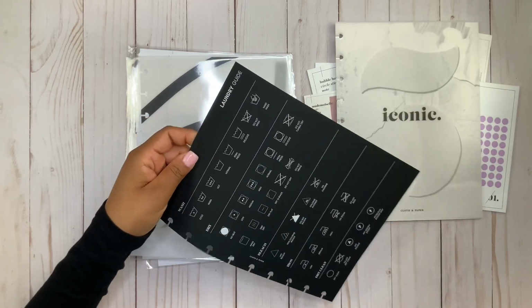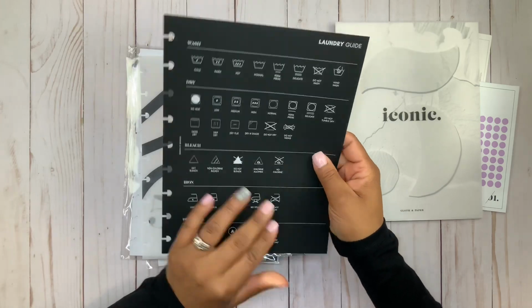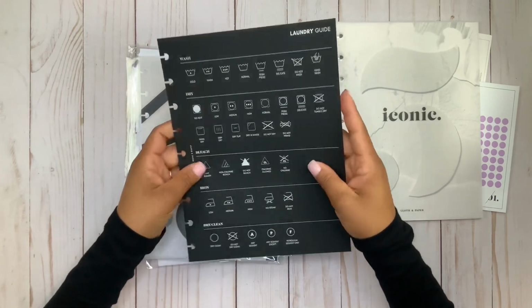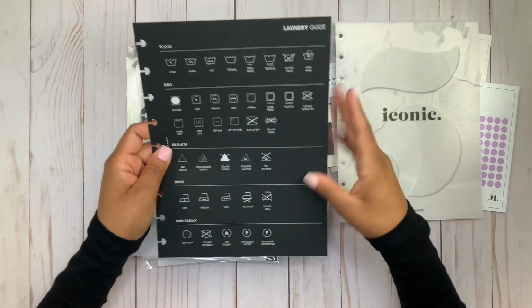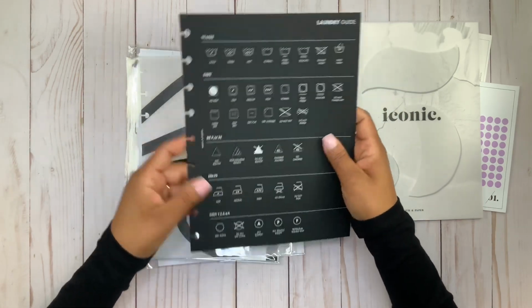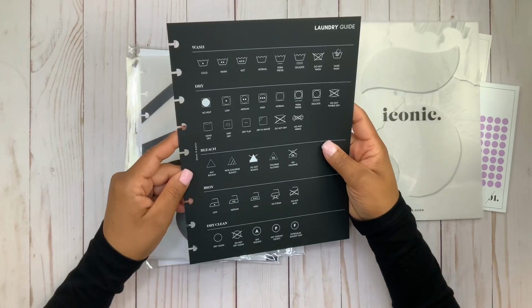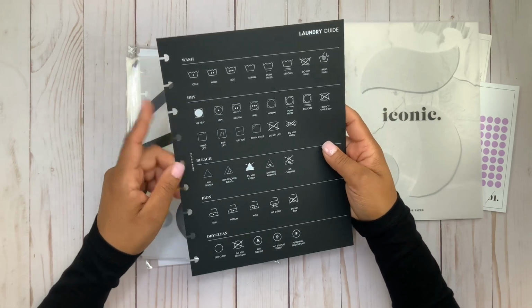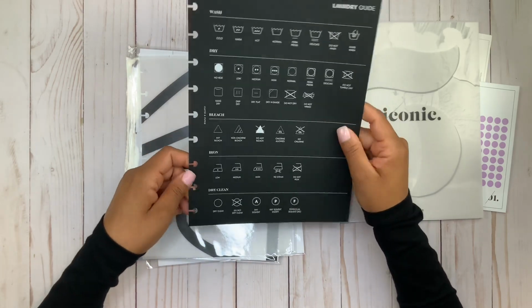Okay. Oh, wow. This material is different. I don't know, I kind of want to say it's like a velvety kind of material. It feels like some sort of fabric. I love that. So it's blank on the back, but it's a laundry guide. Wash, dry, bleach, iron, and dry clean. How fun is